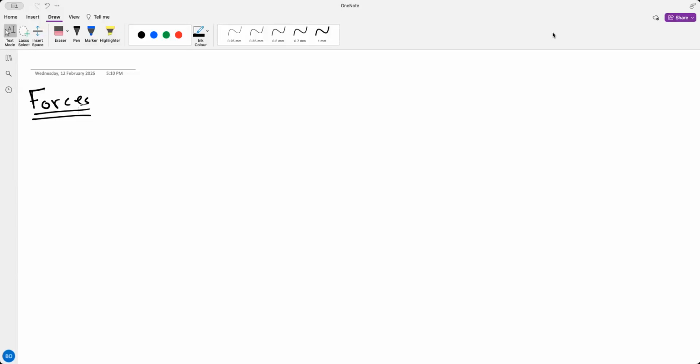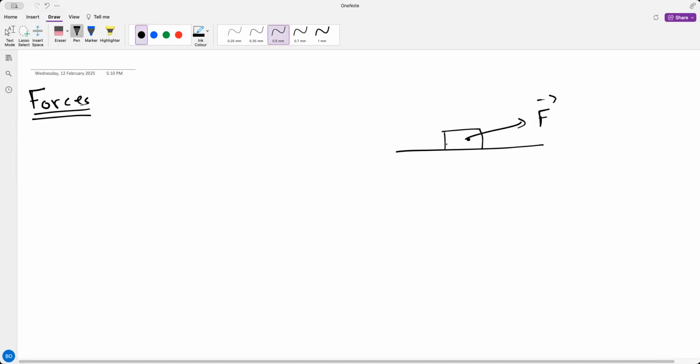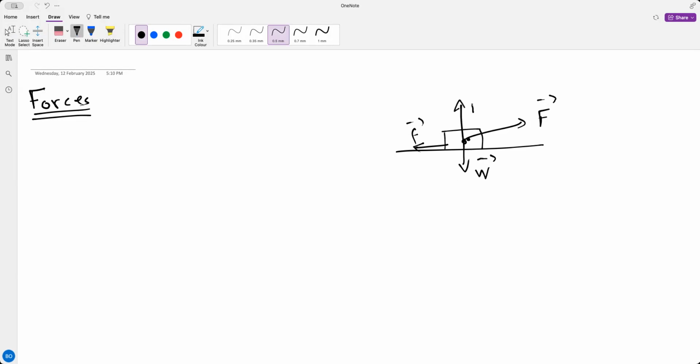So when you have a problem involving forces, there are several steps that you need to take into account to solve your problem. So let's start with an example. If you have an object that is moving due to, let's say, a force, this object might have a friction force, and obviously this object has a mass, so it will have a weight, and then it has a normal. So the first thing you do when dealing with forces is to construct what we call the free body